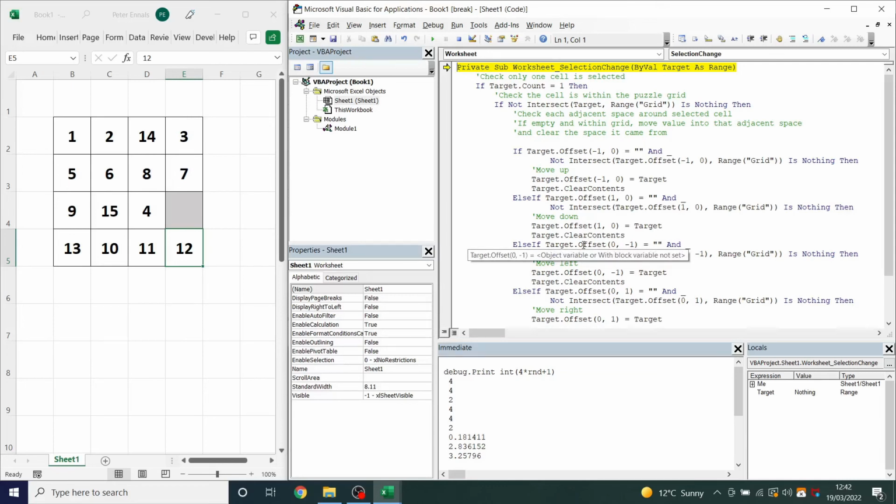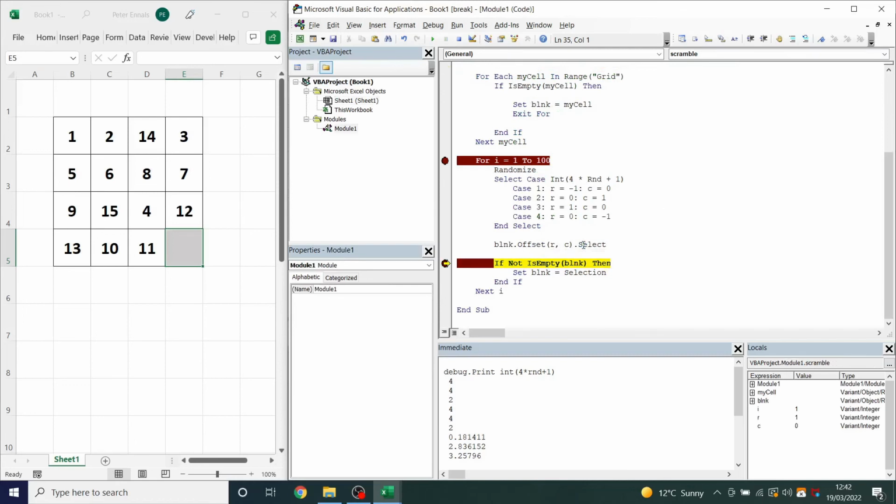So I'm just going to press F5 to move past that to the next breakpoint. And it's selected the tile. Next, it checks if it's still blank or not. If it's not, then it sets the new blank cell to the currently selected cell, which is E5. And that will repeat. So again, it's moved that way. This time it's outside the grid, so it won't actually reassign the blank cell. It's going to keep it as E4, and it's going to keep doing this